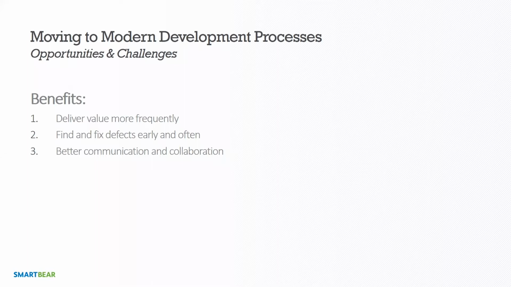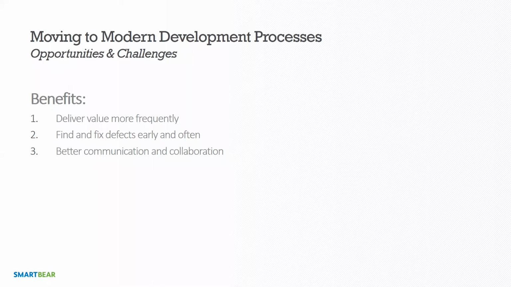Actually, somebody just put into the question, how do you implement those modern techniques we just talked about, the iterative stuff, when everything is completely separate departments? Well, sure, a traditional Scrum type guy would say, break all the departments down and put everybody together in a single Scrum team and co-locate them and have daily stand-ups. I'm going to take a stab in the dark here that Chahan, when you asked that question, you don't have the power to go break down those different departments and reform your entire organization and how you develop. It's probably not realistic. Would that be the ideal thing? Sure. Is it going to happen? Probably not for many people.